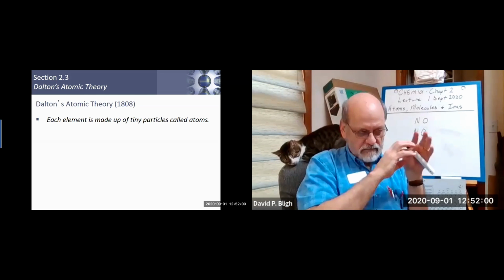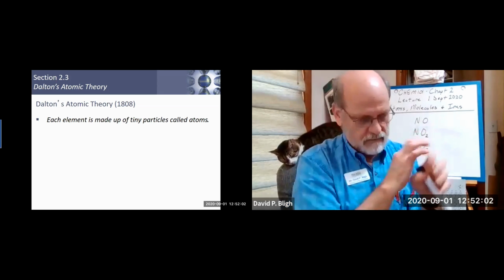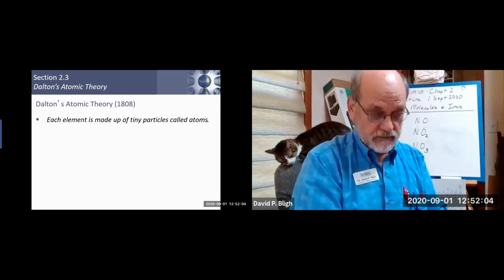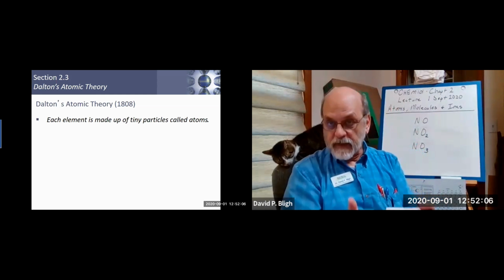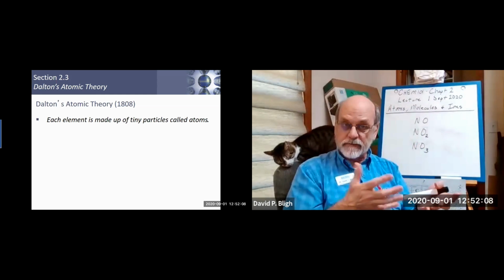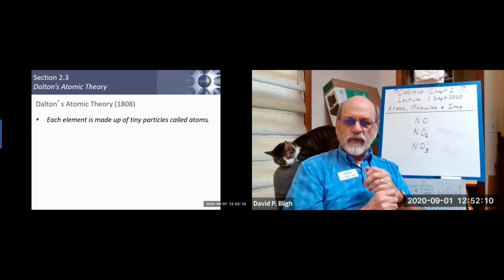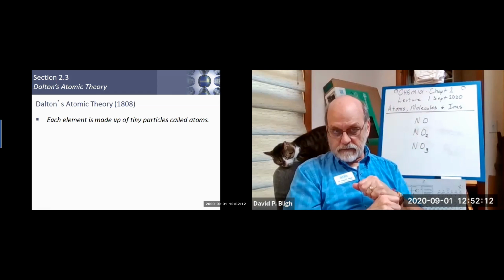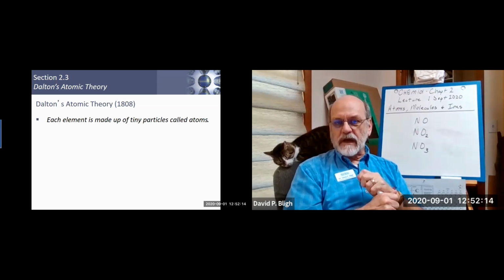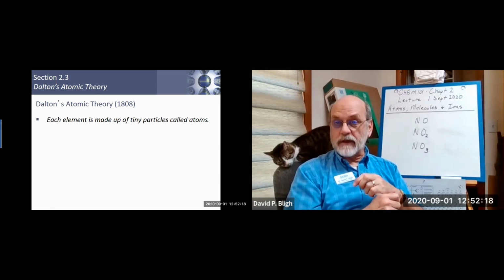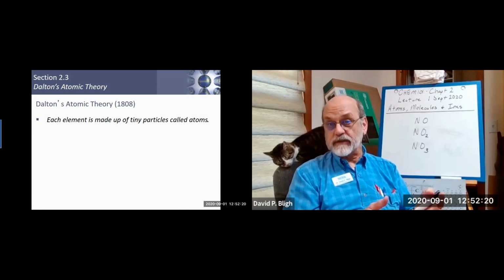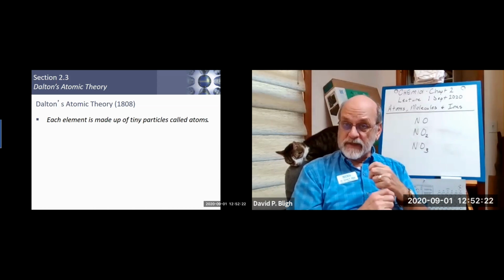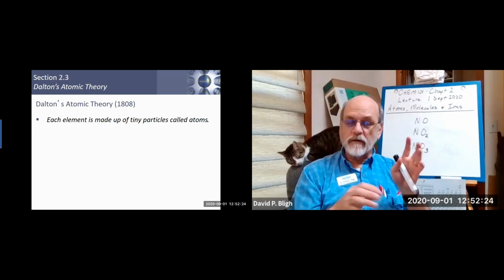Why are they solid? I mean, they always give you the same result. And he wanted to explain why. So Dalton came up with his atomic theory, and he sort of borrowed the atomic concept from the ancient Greeks. The ancient Greeks believed that all matter was composed of